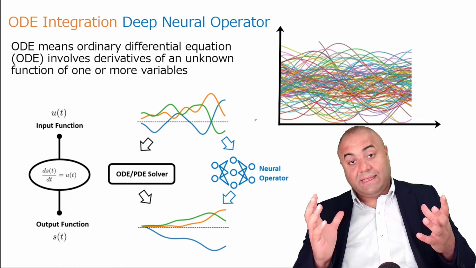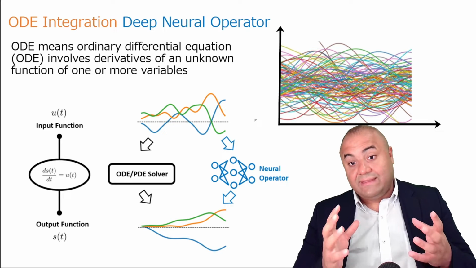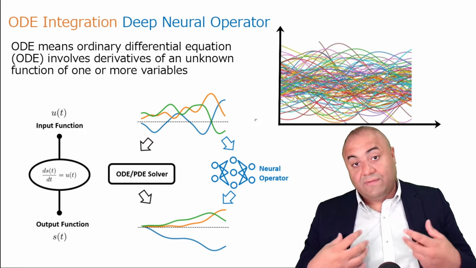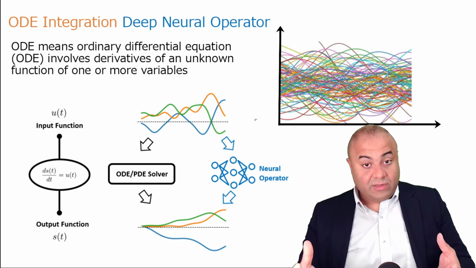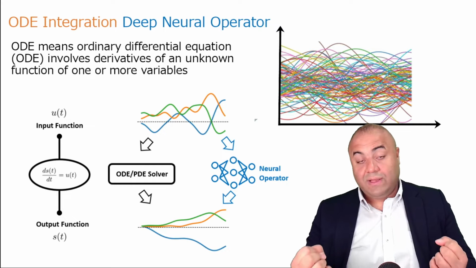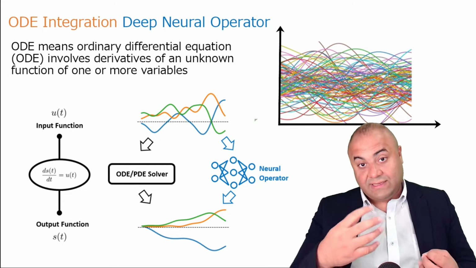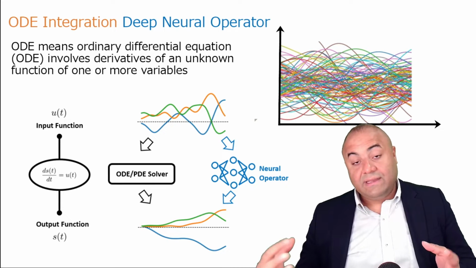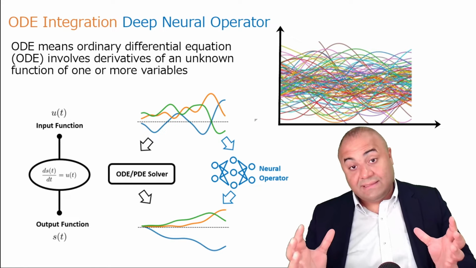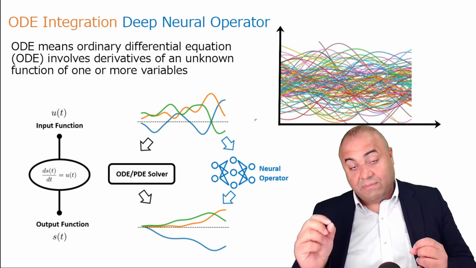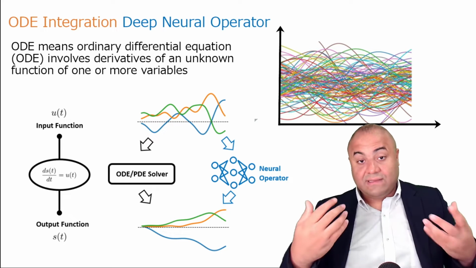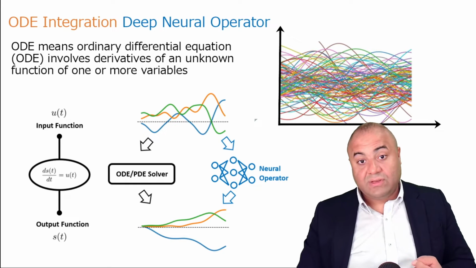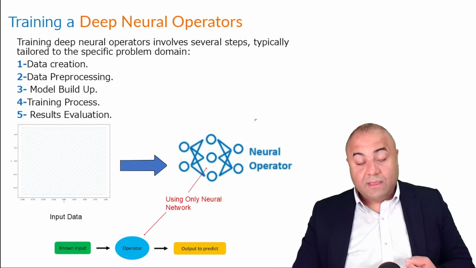Now, because it's a neural network and we're only relying on converging a neural network, we need data. So in reality, we will have lots of lines as examples given to the network, and then the network will, using usual machine learning methods, decrease the loss and balance the weights until their values are correct. So we can give it a new function that it has never seen before, and it will give us the actual integration of it.